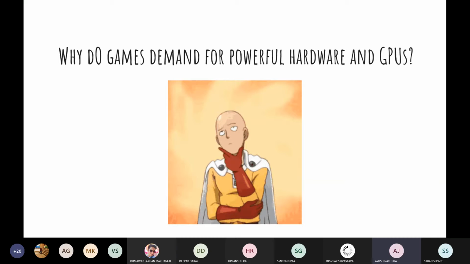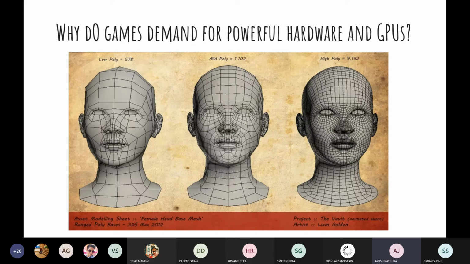Sir, in a game, as soon as you move your cursor, all the graphics and the surroundings change accordingly. So for that purpose, we need a graphics card. Okay. So this was somewhat more towards the answer, but not exactly the answer. We are playing limits here. No problem. Okay. Good. So let's now move forward. I'll tell you the exact reason.